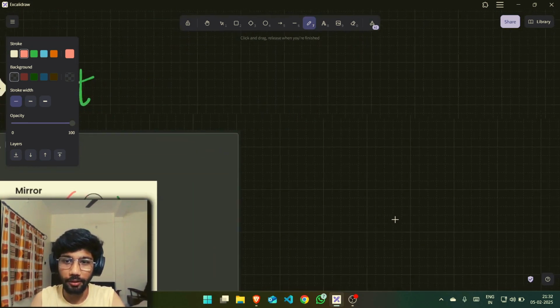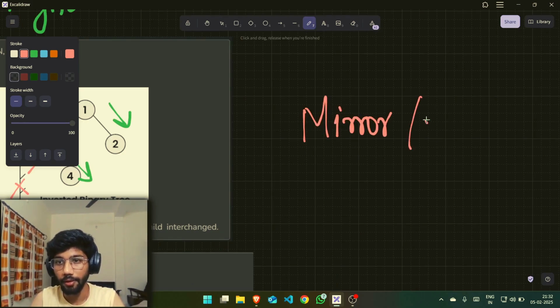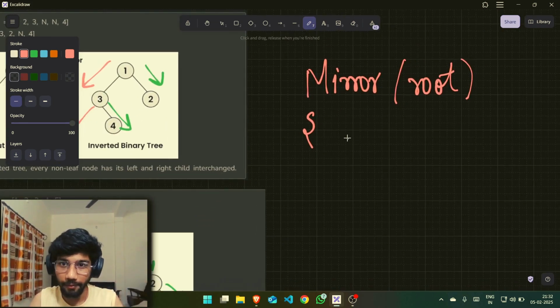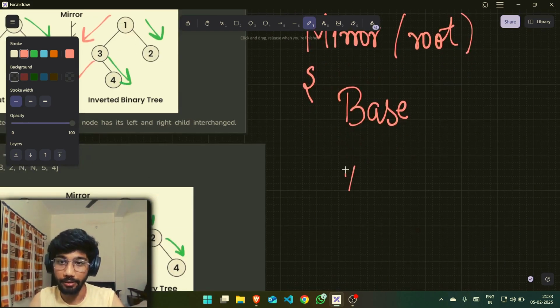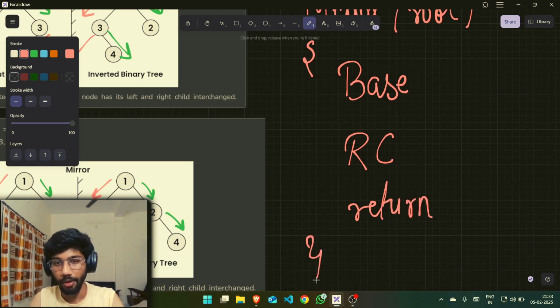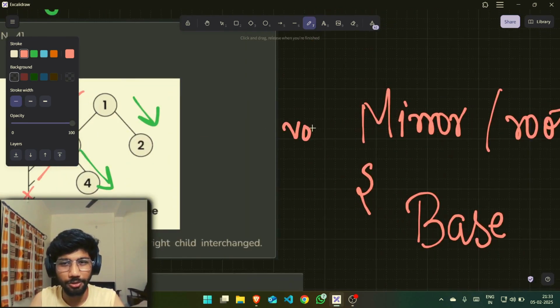तो रिकर्सिव कॉल्स करेंगे, बट जब भी हम रिकर्सिव कॉल्स करते हैं तो रिकर्सिव कॉल्स का एक स्ट्रक्चर होता है। सपोज मैंने एक मिरर फंक्शन लिख दिया जिसके अंदर मैं अपना रूट नोड दे रहा हूं। अब यहां पे मुझे एक रिकर्सिव फंक्शन लिखना है, तो सबसे पहले आ जाएगा बेस केस, फिर आ जाएंगे मेरे रिकर्सिव कॉल्स, और आखिरी में बस मैं रिटर्न स्टेटमेंट डाल के फ्री हो जाऊंगा। ओके, इट्स फॉर द सेक ऑफ आर्ग्यूमेंट से मेरा जो मिरर फंक्शन है वो वॉइड टाइप का है। बस स्ट्रक्चर्स चेंज कर दे हमको, और कुछ भी नहीं चाहिए यहाँ पे।